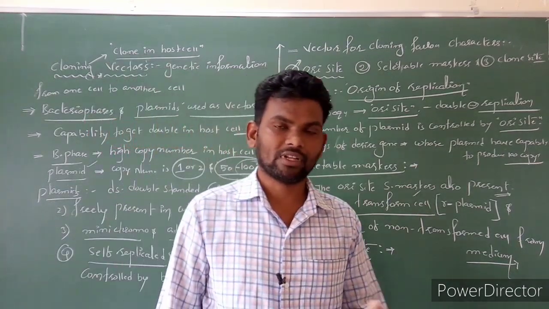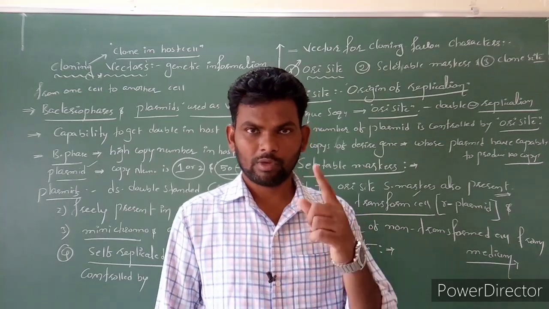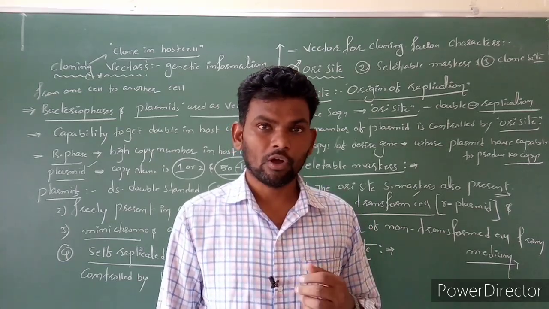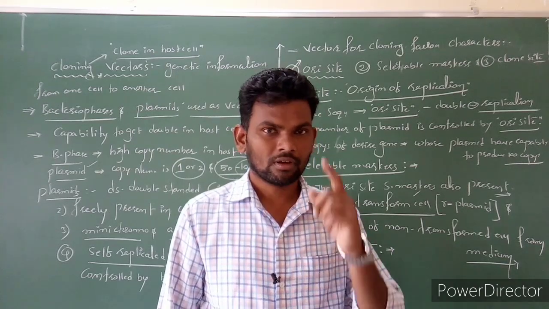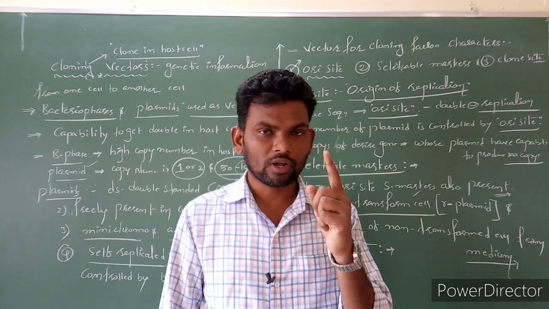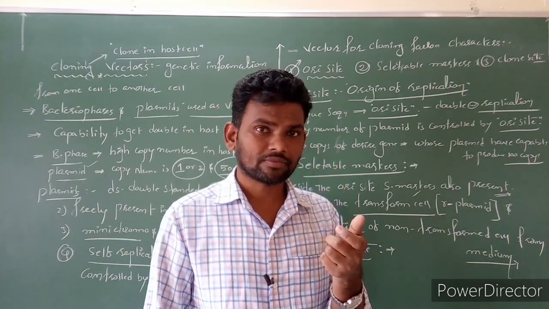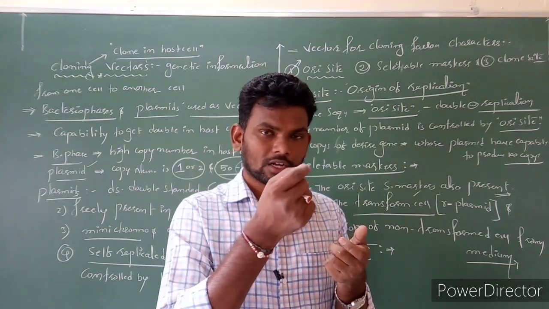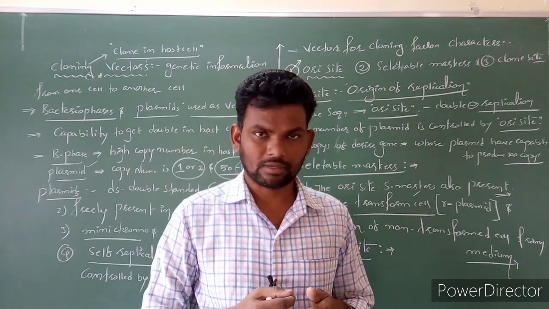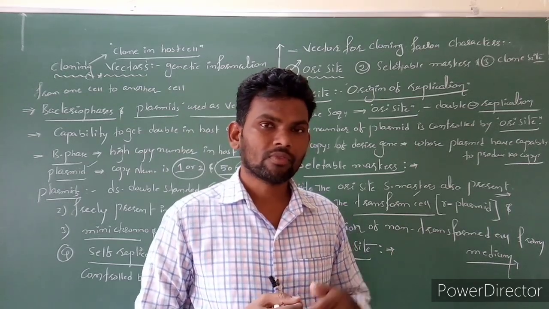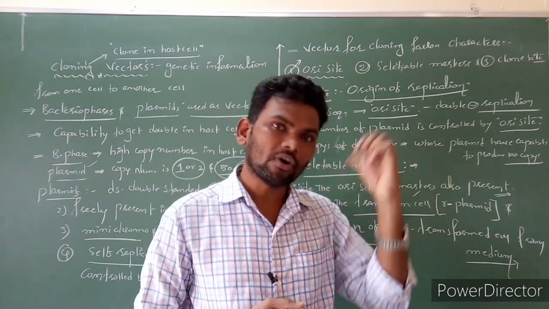Cloning site should be present. The question is, sir, how many cloning sites should be present in one plasmid? Maybe one is enough or two is enough. Cloning site should be only one or two. Cloning site is nothing but the place for cutting of DNA by using a restriction endonuclease enzyme. It means cloning site is nothing but a recognition site of REN.